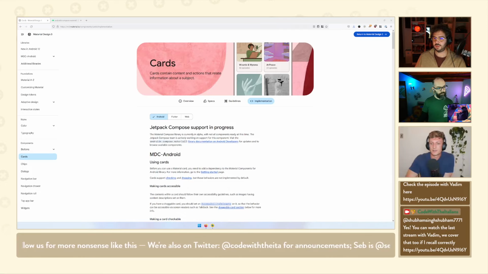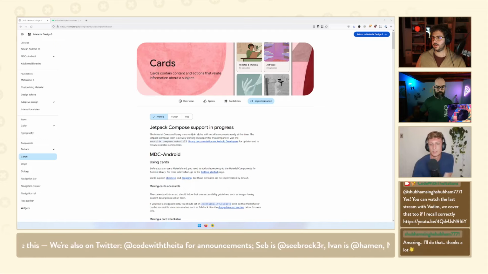But the way I understand it is that because it is using the view system, you can use one of the Material 3 themes, the XML themes that come with the latest 1.5 updates in MDC Android, I think.